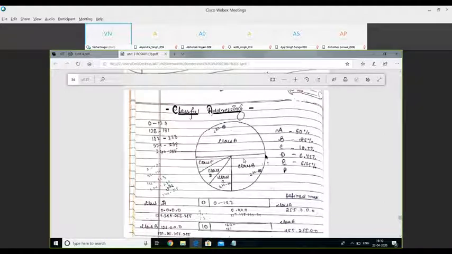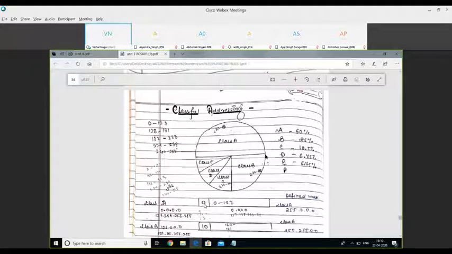In all these classes, we have categorized the classes based on the number of hosts and the number of networks that we are creating through the IP address. In case of class A, the first bit is always 0. Understand? First bit is always 0.